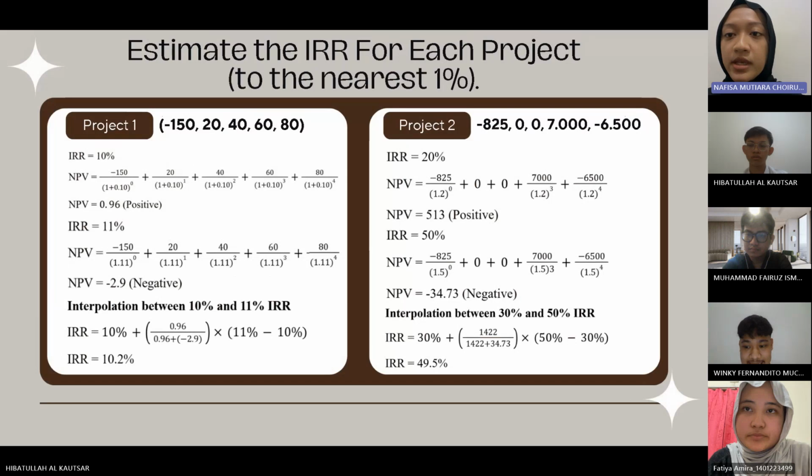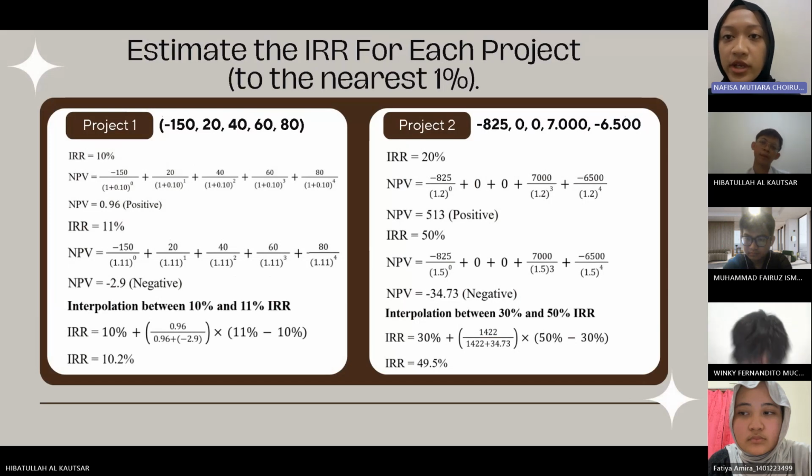In this slide, we calculate the IRR for three projects with different cash flow. For project 1, the cash flow changes from negative to positive just once, so the IRR can be calculated accurately at 10.2%. For project 2, the cash flow changes from negative to positive and then back to negative, resulting in an IRR of 49.5%,